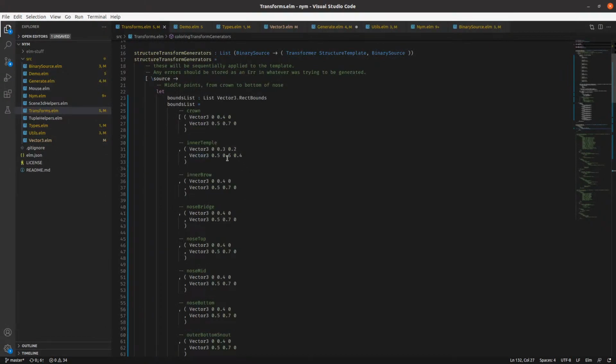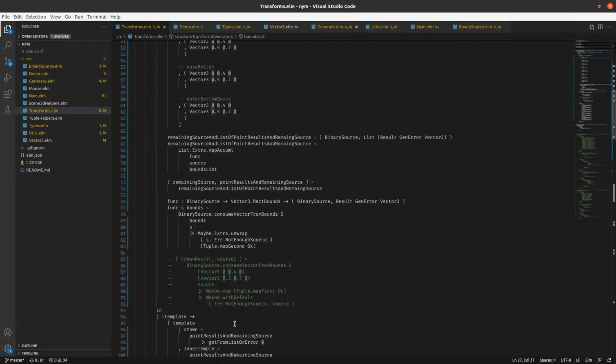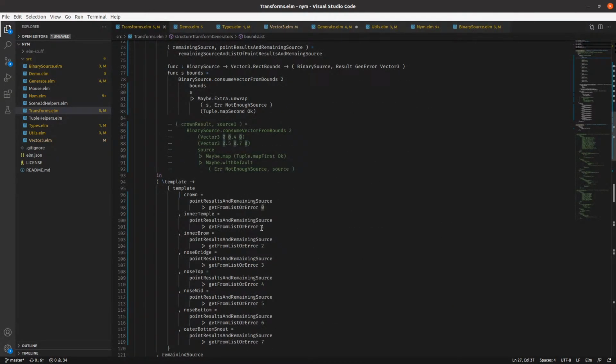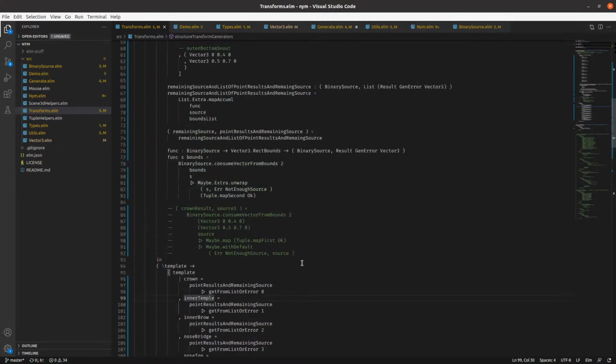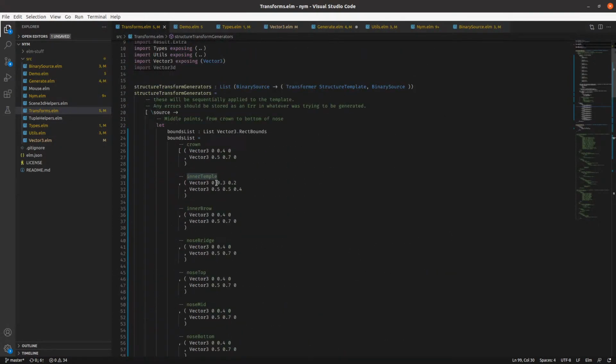We could define this relative to this one, and then in here we could add them. Crown point, inner temple. I guess if we have a crown and a temple, we do know that the temple should be sort of a little bit more forward. We do know something about the relative relationships. Let's try doing that. So relative to the crown, we want it to go